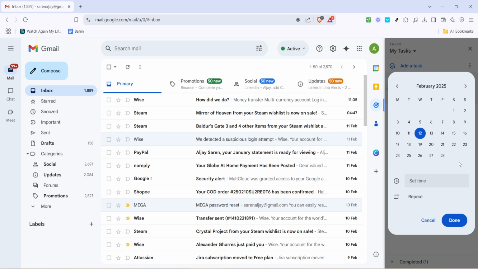And there you have it. You've successfully created a Google task from within your Gmail inbox. Integrating tasks with your email can greatly improve productivity by keeping all your essential information and reminders in one accessible place. Like anything, practice makes perfect, so don't hesitate to try creating a few more tasks as you become more